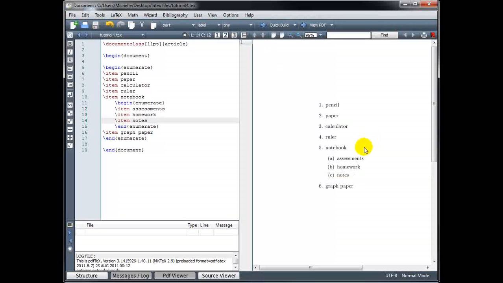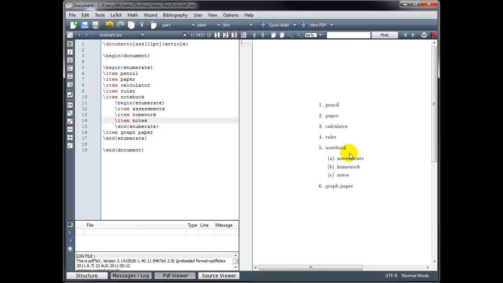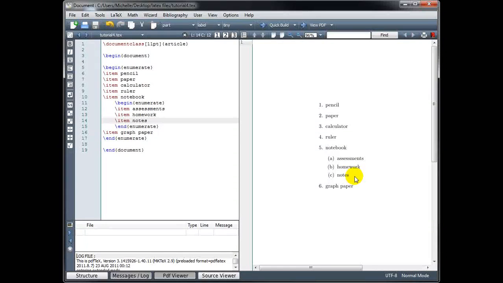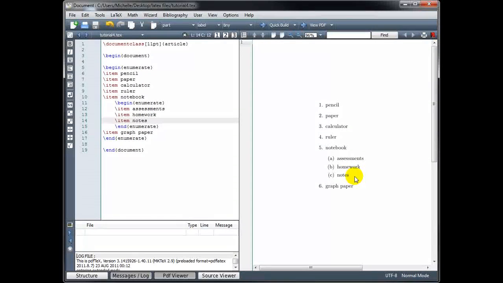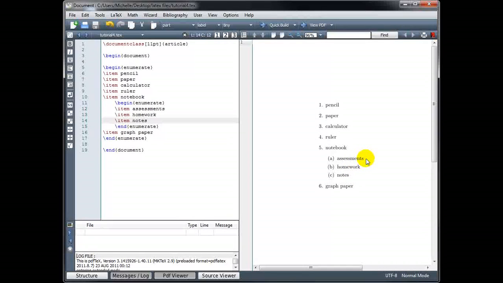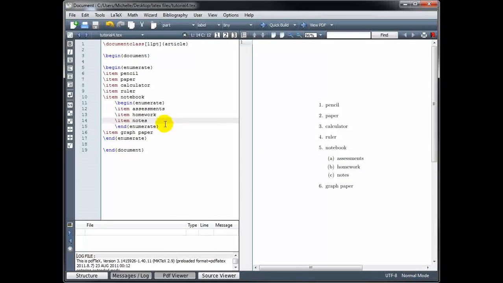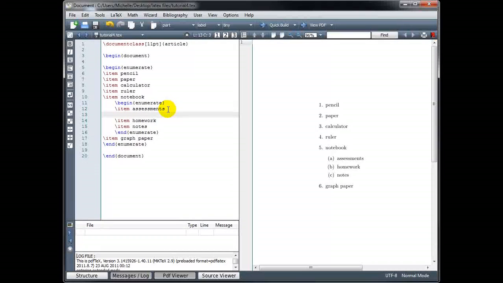And sure enough, we have a sublist under number 5: A, assessments, B, homework, C, notes. And if we wanted to, we could even create a list within this sublist. Under assessments, maybe we want to distinguish between quizzes and tests. So I'm going to indent again here,